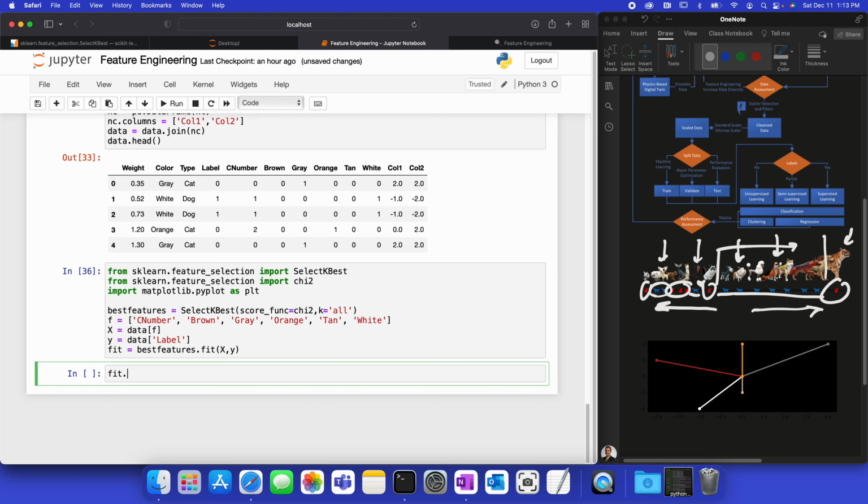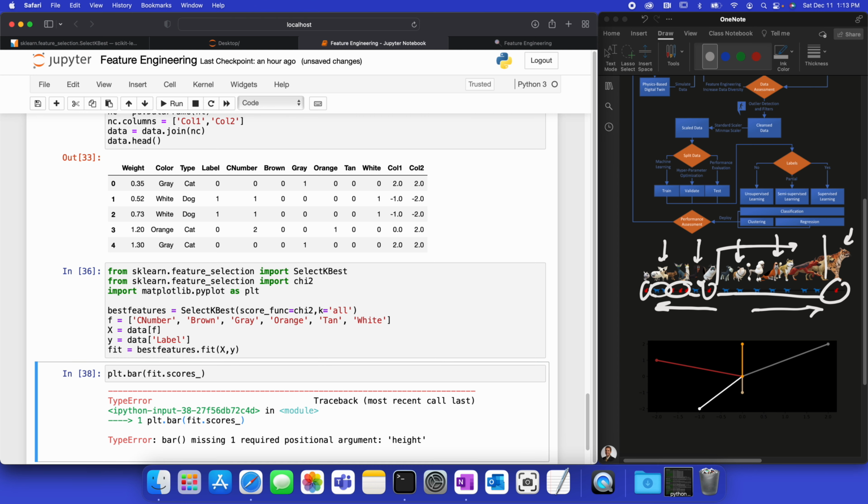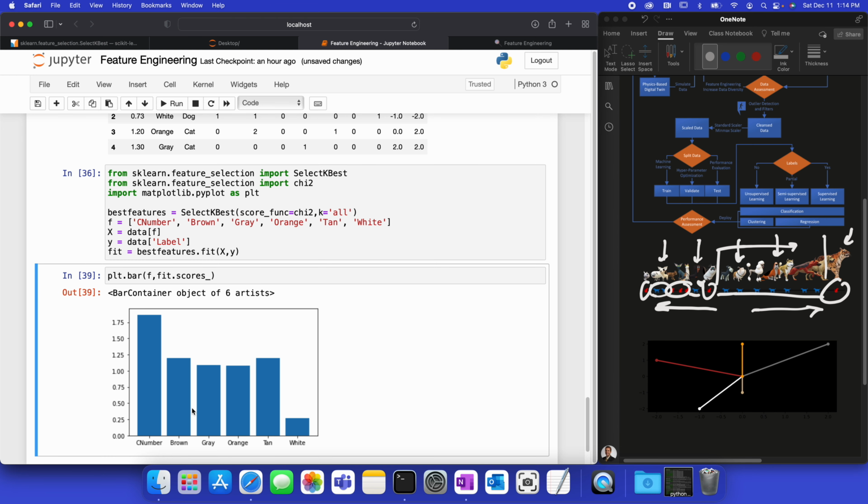So if I just look at fit, this is going to be scores underscore. Then I can see the scores for each feature. Okay, let's just go ahead and plot these though. Let's do plt.bar. Height. Okay, so I need the height. I need the categories. Let's see if this will work. Okay, so this is going to give me